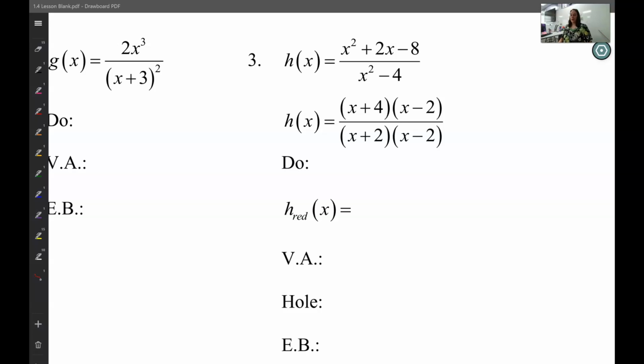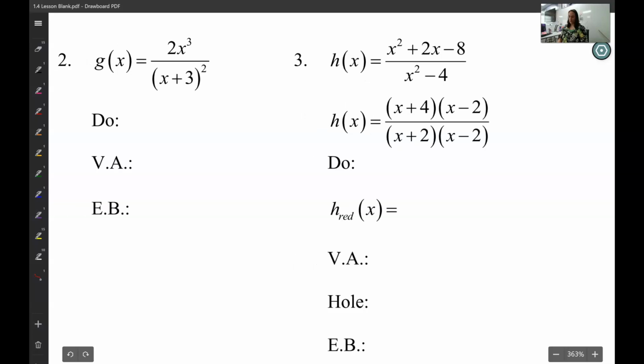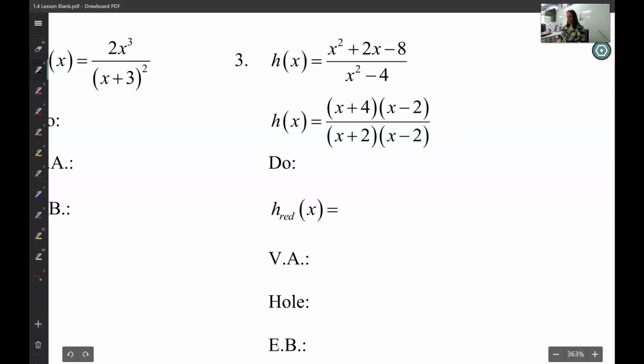Okay, let's try a little bit more of a difficult problem. So we've got this example here. Thankfully, they give it to us in standard form and in factored form, which is nice. First thing I'm going to want to do is reduce this fraction. So I notice that I have an x minus 2 on top and bottom that goes away. So I end up with